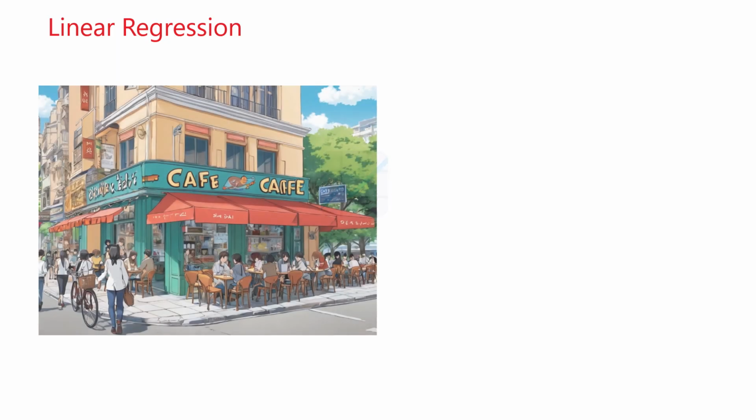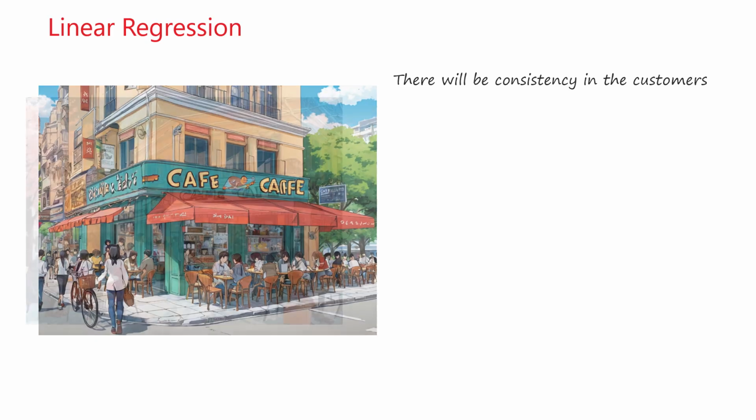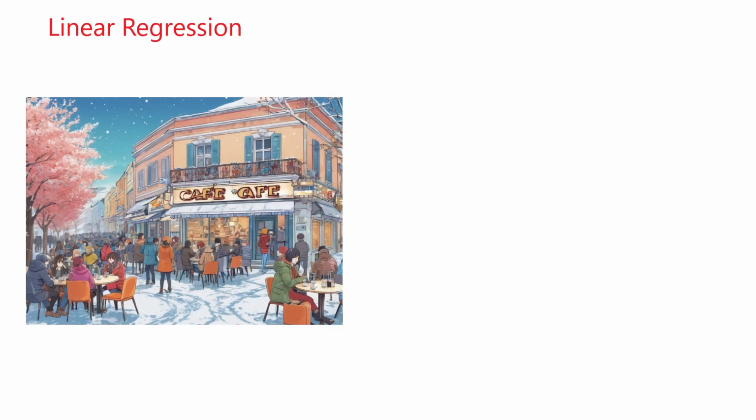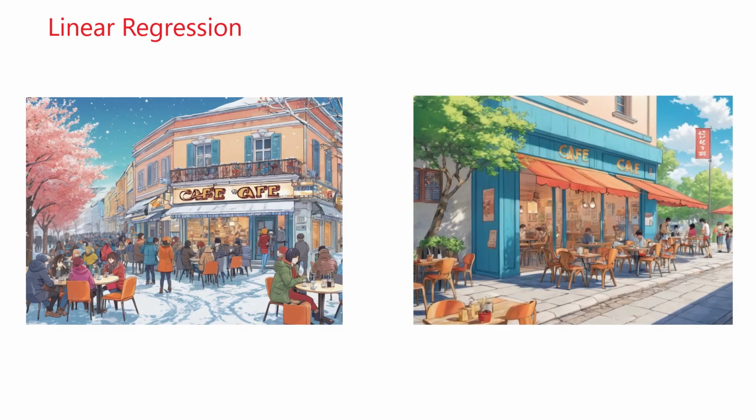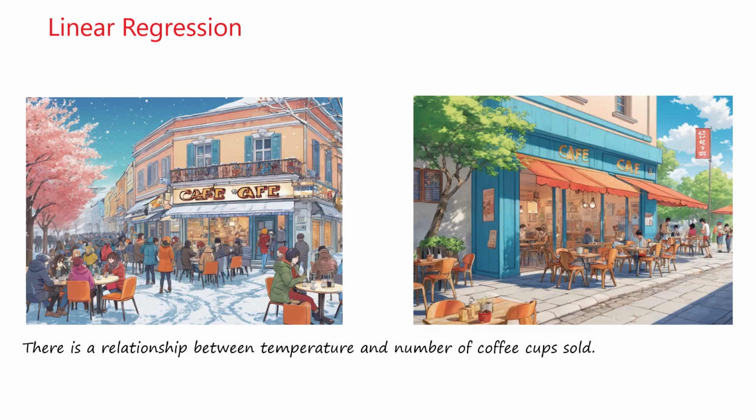Take your favorite cafe for example. You don't just see them selling 10 coffees one day and then 1000 the next, unless their secret ingredient is magic. There is a certain consistency, but that consistency depends on external factors, like the weather. When it is cold, we want coffee. When it is hot, we want something that won't make us feel like a boiling potato, like fresh juice. There is a lovely relationship between the temperature and coffee sales.